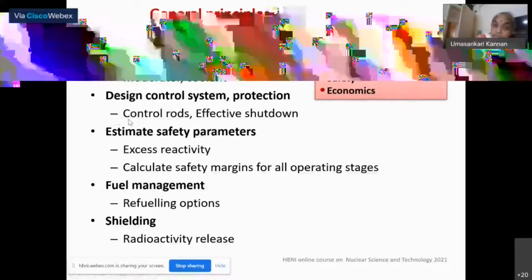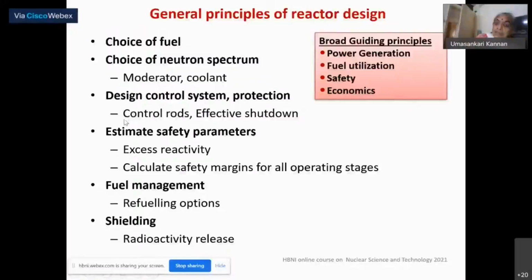Fast reactors have to be controlled more efficiently because the delayed neutron fraction is small, and so your neutron lifetime is going to be small. Whereas in thermal reactors, the neutron lifetime is larger. The beta fraction, which is the delayed neutron fraction, is also larger, so the control can be a little more sluggish. Or basically, you have to decide the speeds of the control based upon the neutronic properties.